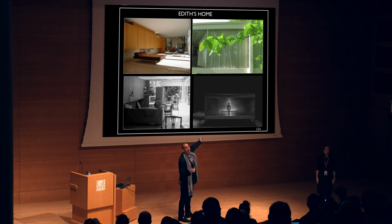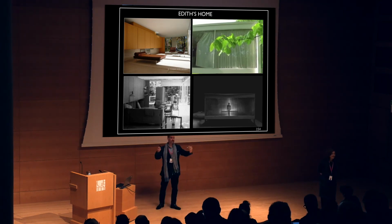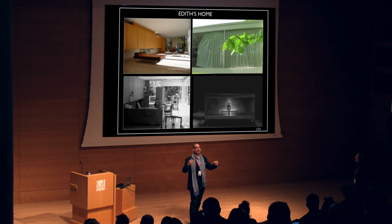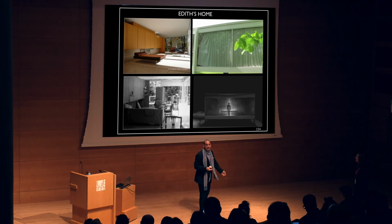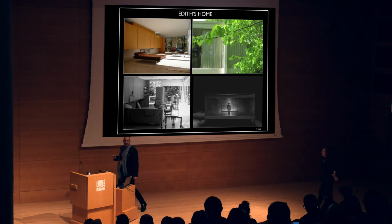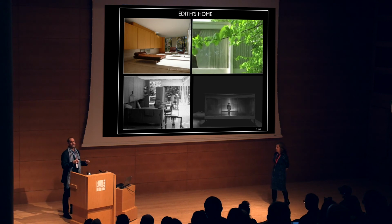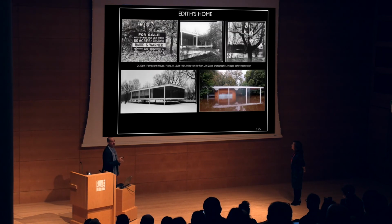And so we also looked at one of the things, the curtains. We've always seen this kind of imagery of these diaphanous curtains and how beautiful they are, but they're always photographs during the day from the outside. What we did is we started to investigate what lighting the inside of the house would look like if you lived there, and the impression that people would get on the outside. And this just supports the kind of feeling that, for instance, Edith had a difficulty in actually living in the